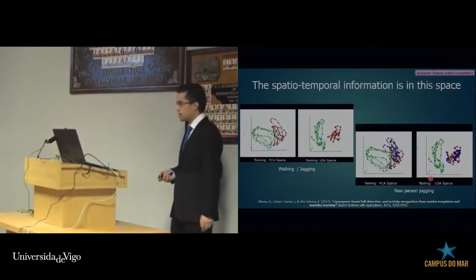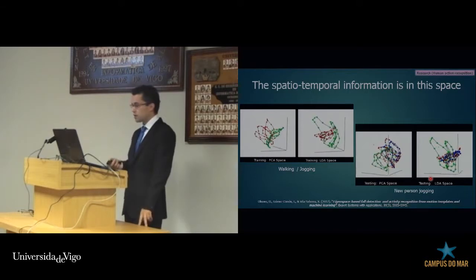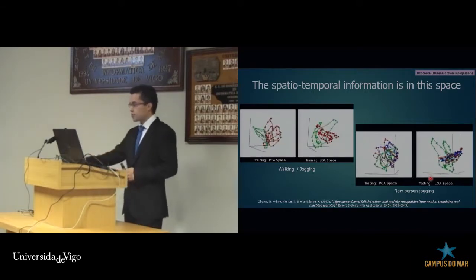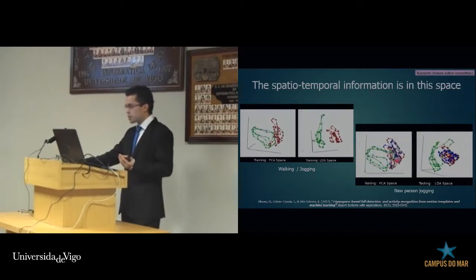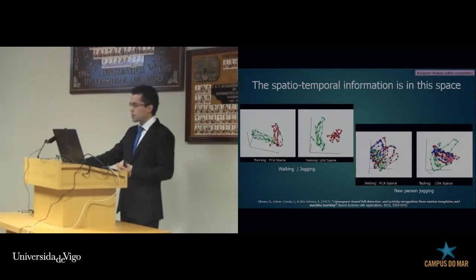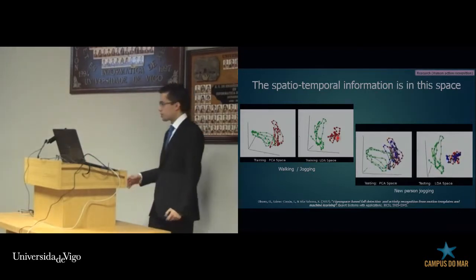So this is an example of walking and jogging. You can see PCA and LDA, and then you project a new trajectory, a new person jogging, and you can see very well that it matches with the trajectory that you trained with other people.